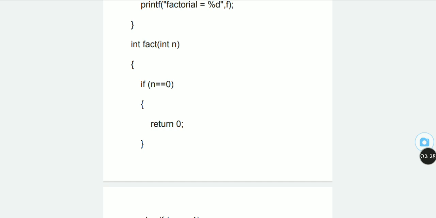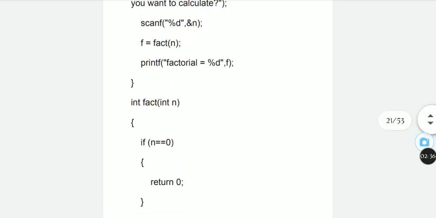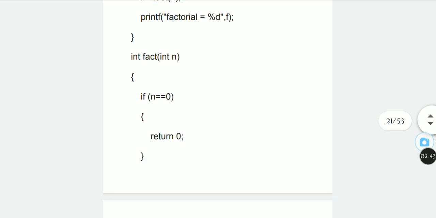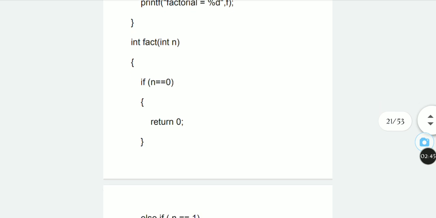N is the variable for which we are going to calculate the factorial. Here I take 5. So whenever it is fact(n), it comes to the function definition and checks these conditions. For example, int n equal to 5. N equal to 5, it will check the if condition.